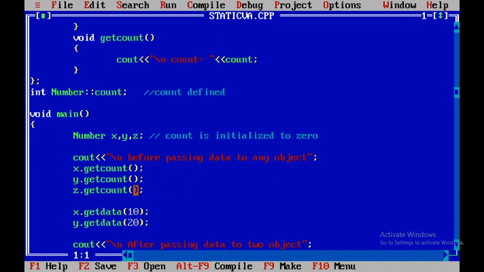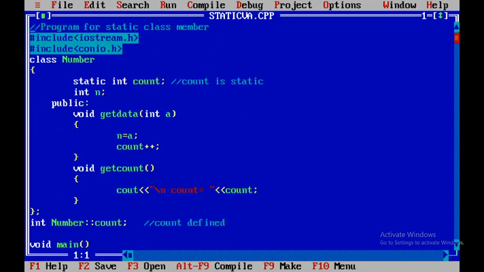As I just said, when the first object x is created, count will get initialized to 0. Whenever we call the getCount method, the value of count will be printed. By using x.getCount it will print 0.